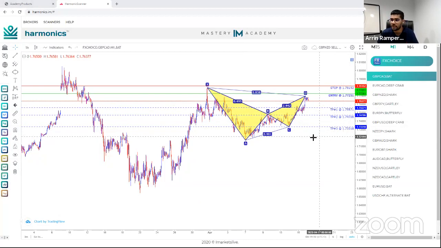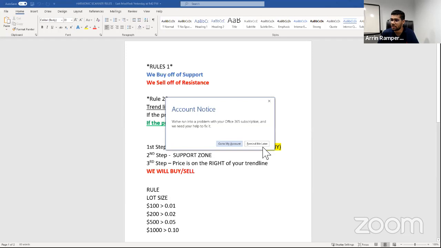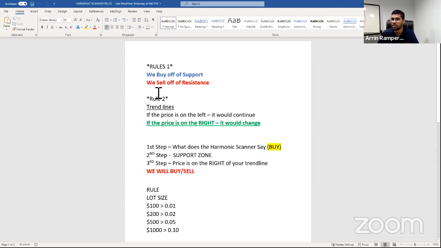So the scanner is calling a sell. If the scanner is calling a sell, we know that typically I'm just trying to pull up my documents. There it is. Amazing. You guys are quick learners. A few of you know it, everybody knowing now. So if the scanner is calling for a sell, okay, thanks for the reminder. If the scanner is calling for a sell,